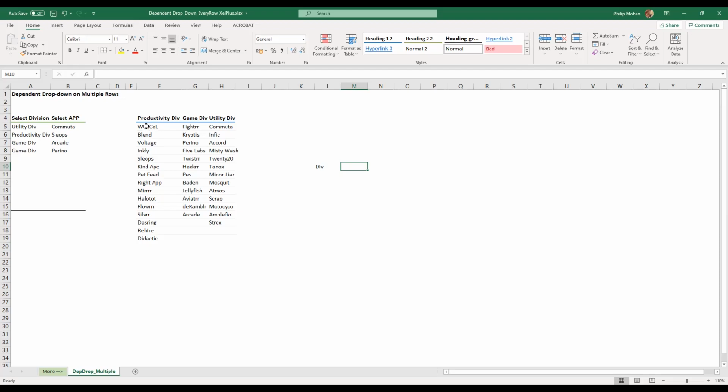All these are apps under the productivity division, all these under the game division, and all these under the utility division. So we want to have app. I'm just going to call it app. Now, what I want is when I put the division, I should have the apps coming up. Let me actually just show you the division part first, then I'll come to that.